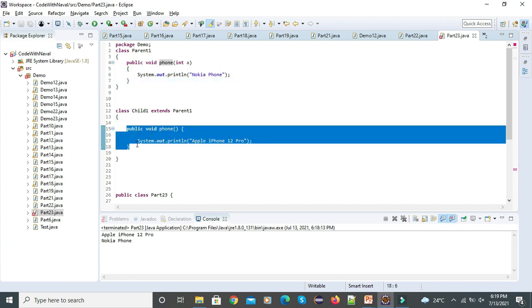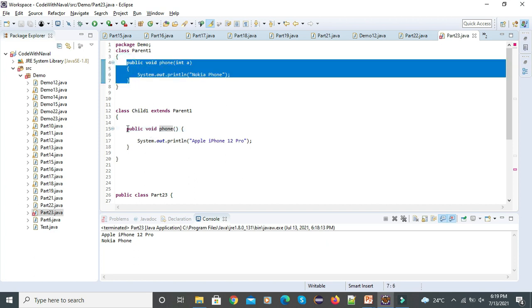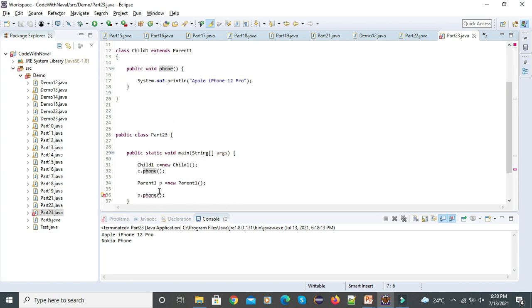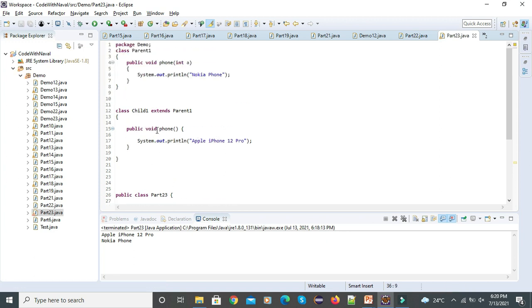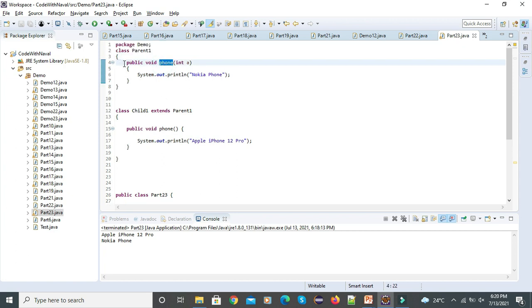Okay, in the last video we saw that in method overloading we can send different parameters in the same method, but a different parameter is nothing but method overloading. Now it has become a part of method overloading. If we call c.phone with no argument, it calls the zero-argument method. If you pass a value here, then it calls this other method, because it's method overloading. It's not method overriding. Let's remove this. That's why the method signature must be the same, then only it becomes method overriding.